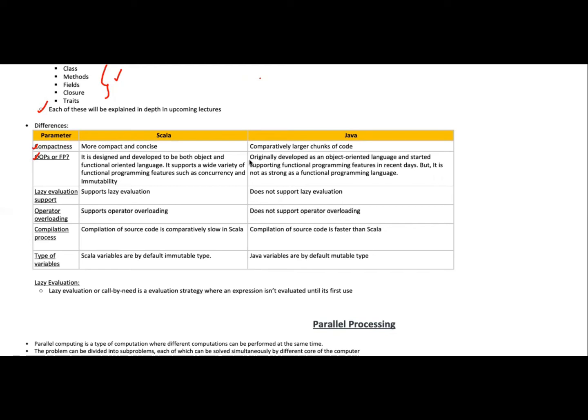Originally, Java was developed only as an object-oriented language, but as I told you, new libraries, concurrency features and synchronization features have been incorporated in Java in the past 2-3 years. So it also provides strong fundamentals of functional programming.